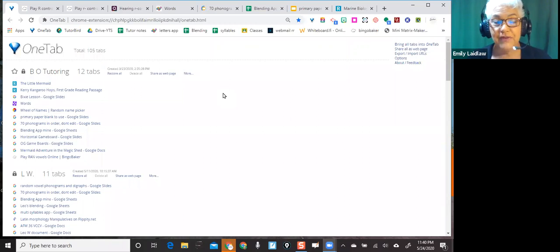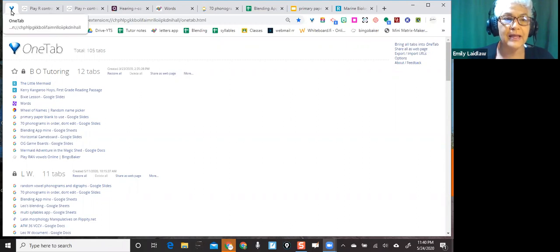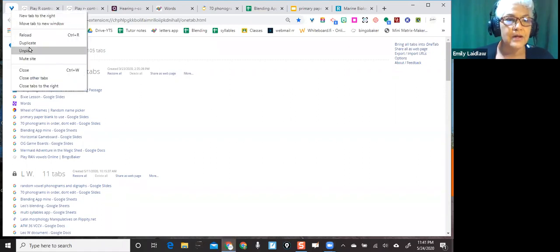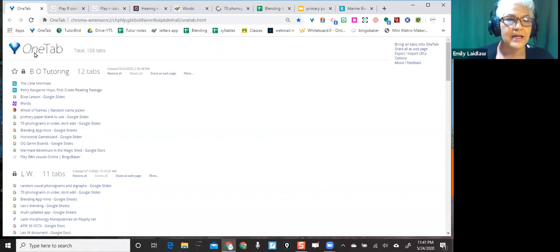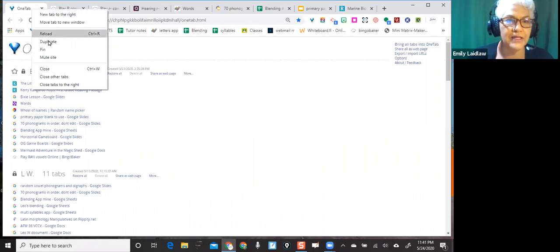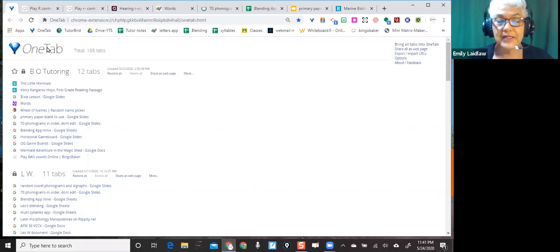And then since I moved everything to online, it's like, oh my goodness, how do I keep track of all this? What I discovered is that OneTab has a feature. There it is. I keep this pinned to my tabs, right there. So that's the regular way the tab looks, but I keep it pinned here because I'm always using it. So OneTab, right now I have a total of 105 tabs